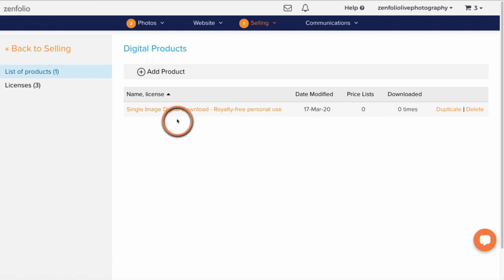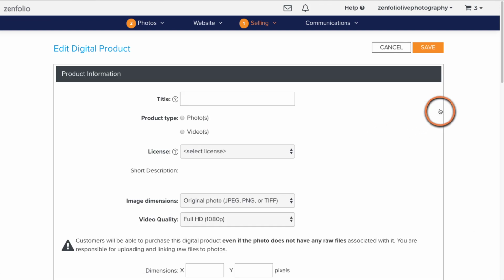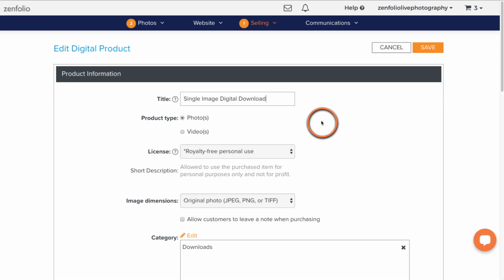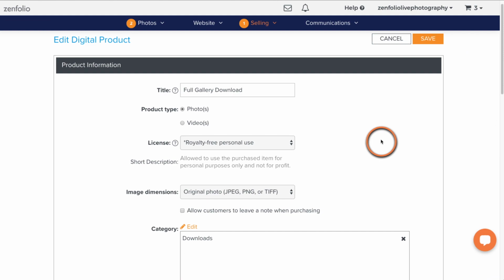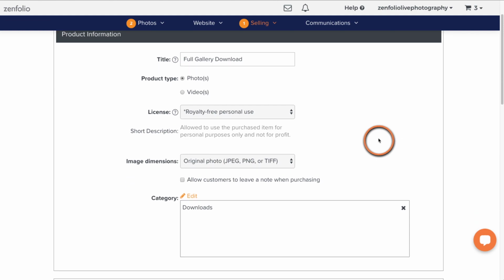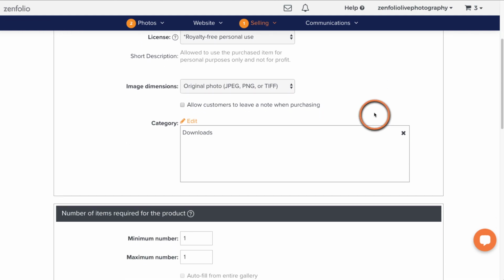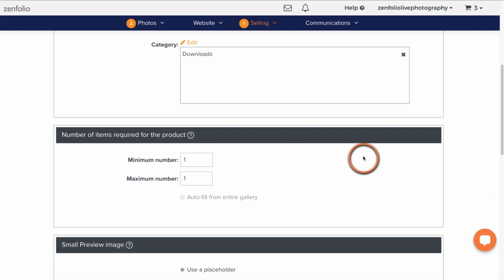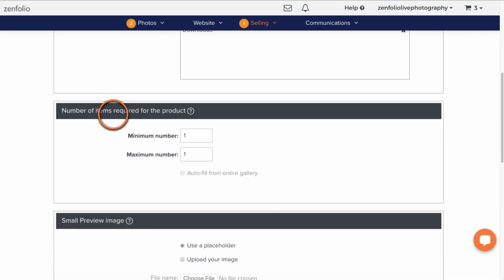And so rather than starting from scratch, I can just duplicate this one and modify a few of the settings that I need to modify. So let's go here first of all, and we'll just change this title to say full gallery download. We're going to leave the product type set to photos. The license is going to stay the same. The image dimensions are going to stay the same.